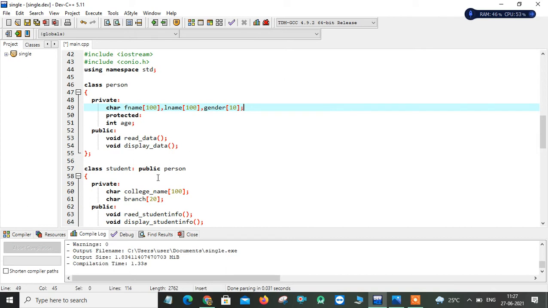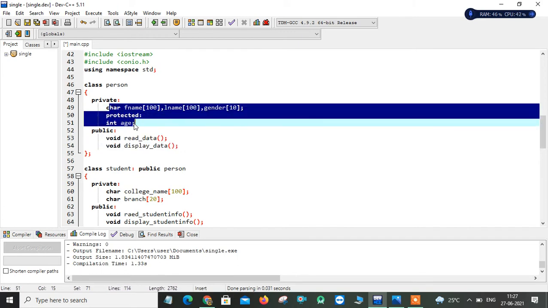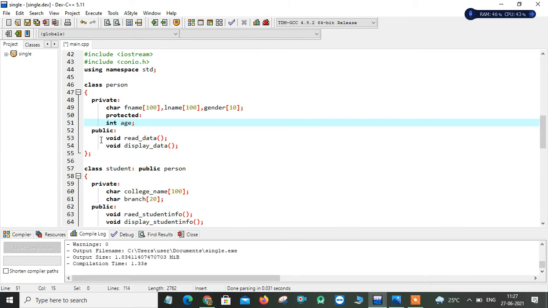Now you can inherit publicly from the base class. Then the private members remain private to this subclass, whereas the protected members act as protected members for this class. We have a protected data member, age. Then you have two member functions: one to read and input the data, and a second one to display the data of this particular person. Now this is your class definition.